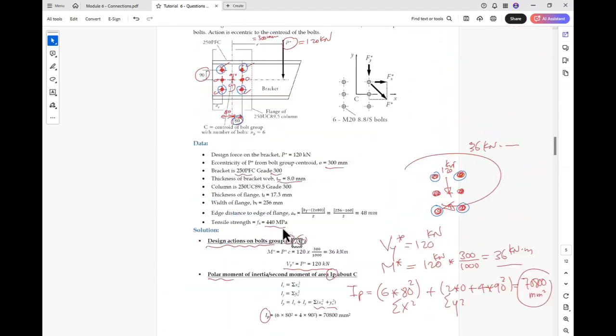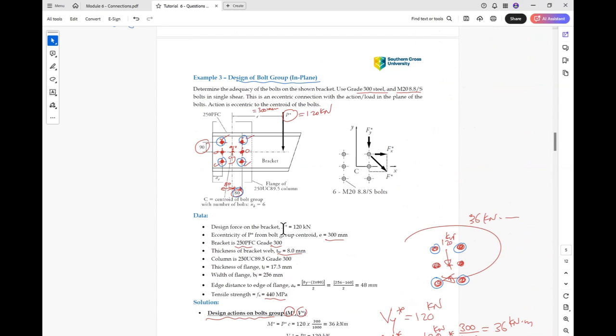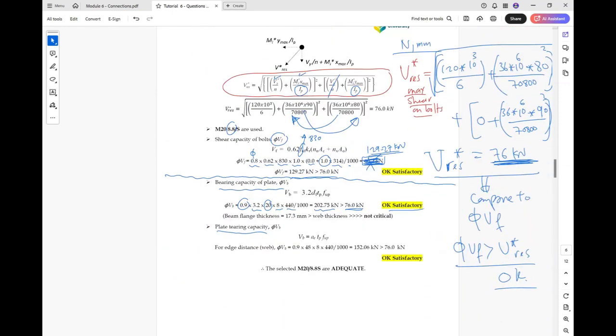So if we look back here, the bracket thickness was given as 8 millimeter. That's why we check the 8 millimeter and it's okay. So for the blade tearing capacity,